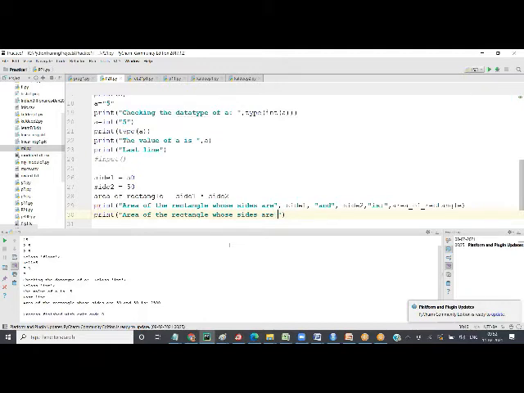After this, I want to print the value of a variable, so I'm going to put a space and curly brackets. A curly bracket means it's a placeholder where a variable will come. Another value will come here, and the value of a variable will come for "is". Basically, area of rectangle whose sides are dash and dash is dash. That's what it means.